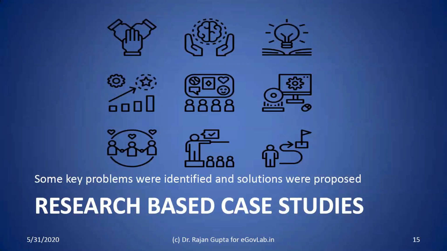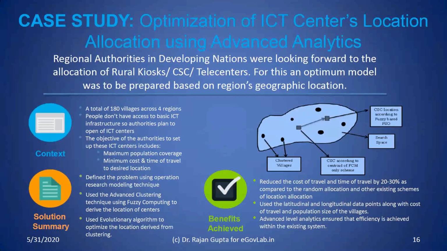Now, these were the actual use cases that are getting implemented. Now I'll present one or two case studies which are based on the research work that we have conducted. So the first case study that I would like to focus on is with respect to the infrastructure that is being created by government. In a lot of underdeveloped and developing nations, there's a lack of infrastructure for the government to set up centers to give citizens access to the internet, or to have technology reachable to the citizens with respect to cost, time, and reachability.